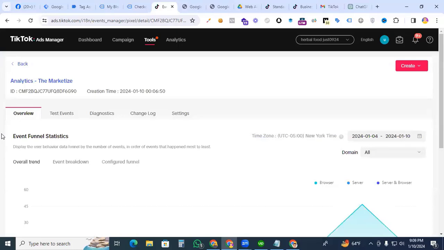Today we are diving into the world of digital marketing and helping you set up the initial checkout event for your TikTok pixel using Google Tag Manager. If you are looking to optimize your TikTok advertising efforts and track crucial events on your website, you are in